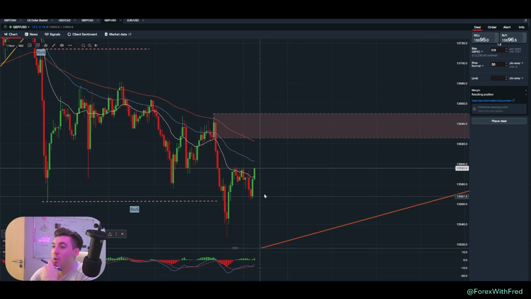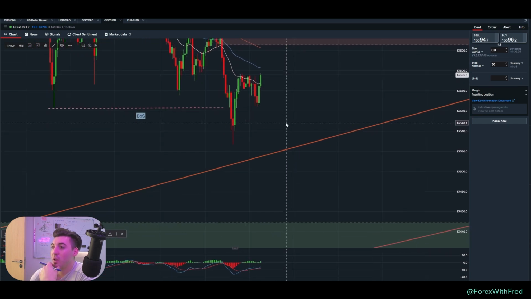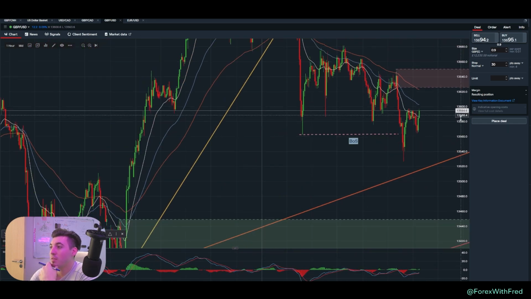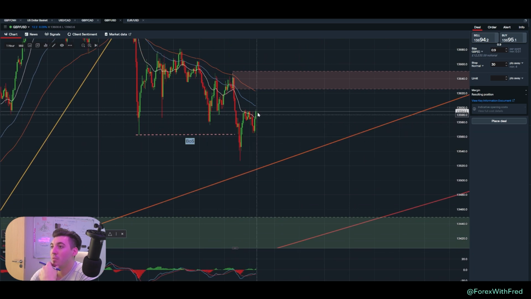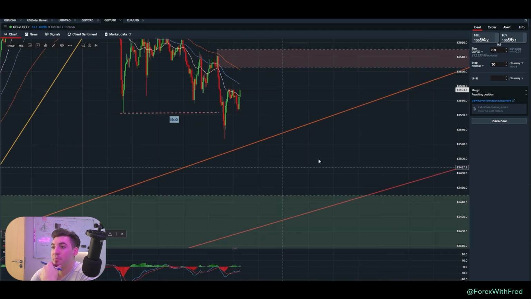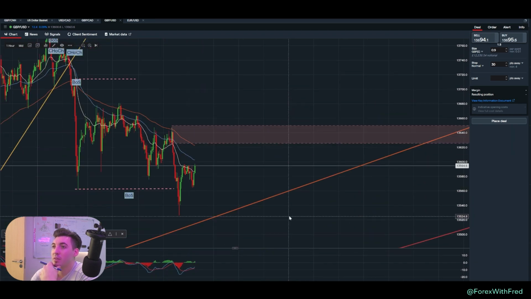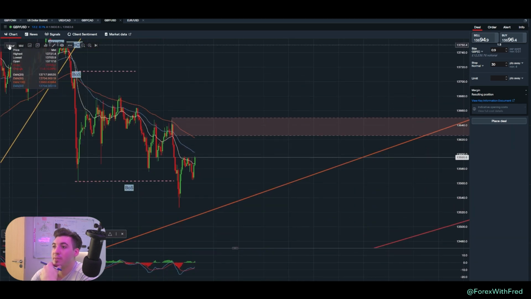So what we're going to be doing today is just sitting on our hands and waiting to see whether the price retraces into that supply zone or it drops down into this demand zone. And that's all it is today. It's mostly just waiting. Very, very frustrating. Although